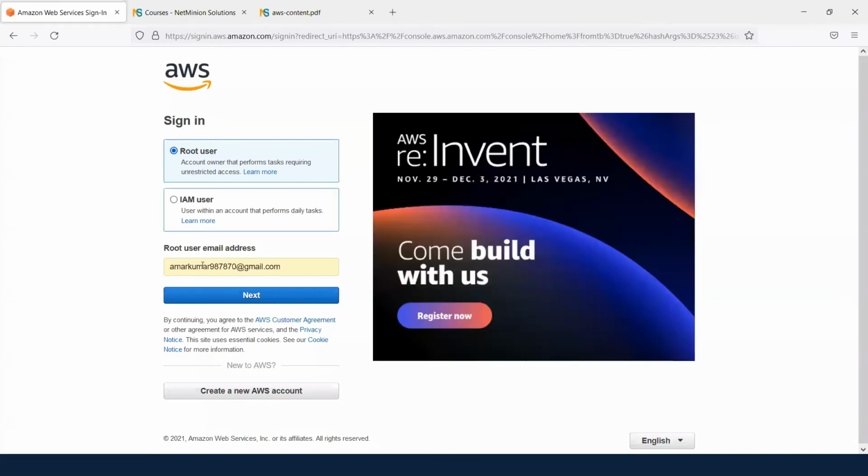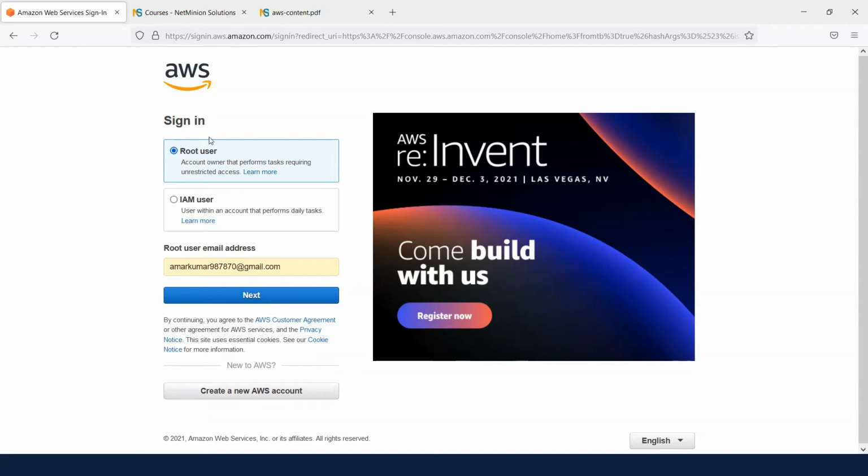Here it gives you two options: root user or IAM user. If you are the owner of this particular AWS console, you can log in as a root user. If in your organization you have other users as well, for them you can define IAM users and define which services they can access.